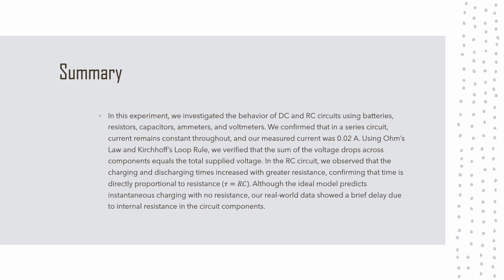We studied the behavior of DC and RC circuits using batteries, resistors, capacitors, ammeters, and voltmeters. We confirmed that in a series circuit, current remains constant throughout, and our measured current was 0.02 amperes. Using Ohm's law and Kirchhoff's loop law, we verified that the sum of the voltage drops across components equals